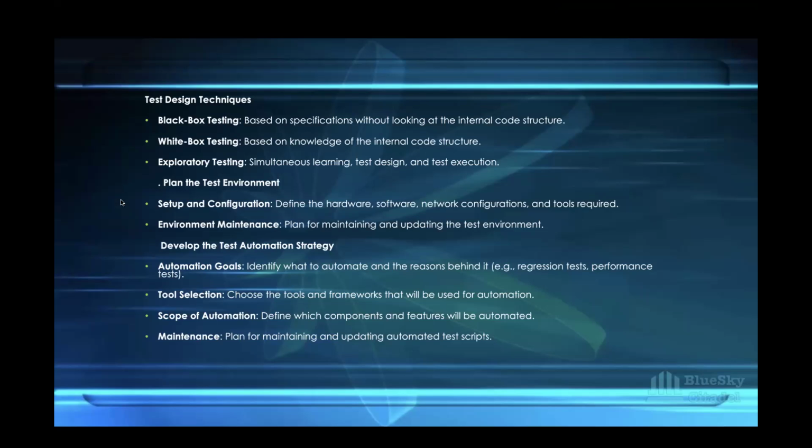You have to state your tools selection. So choose the tools and the frameworks that will be used for automation. Then the scope of the automation, you define which components and features will be automated. Maintenance: you plan for maintaining and updating automated test scripts.